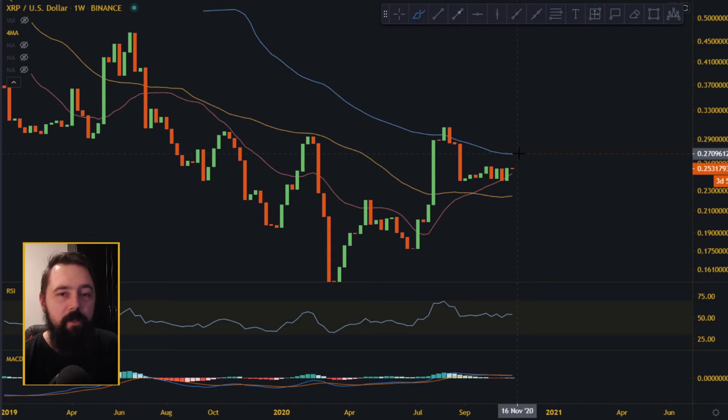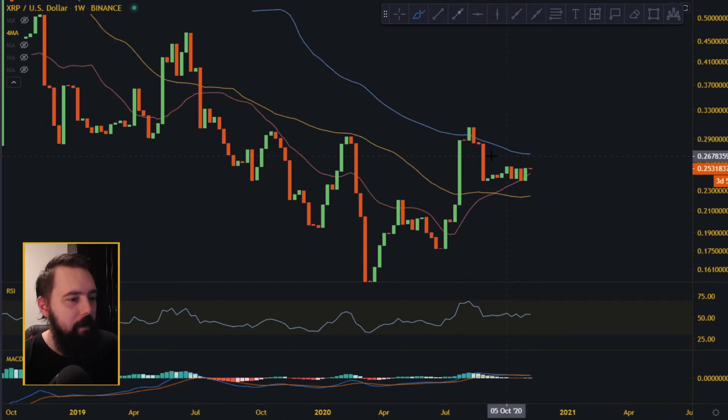But once you get above the 100, I mean, you can trade sideways movement, there's no problem. You can buy it here or buy it down here or wherever, if you believe it's going to go up. But I'm just saying, for the market sentiment, for the price to be in an uptrend and bullish, it has to go above the 100 moving average on the weekly, and that's good.